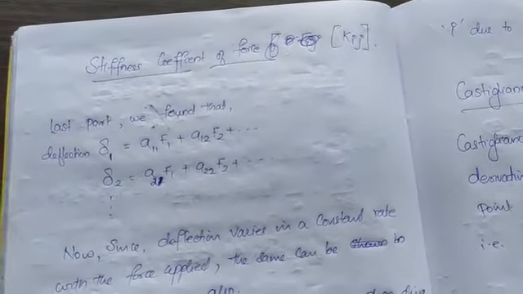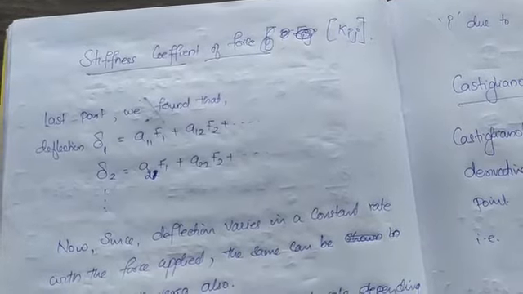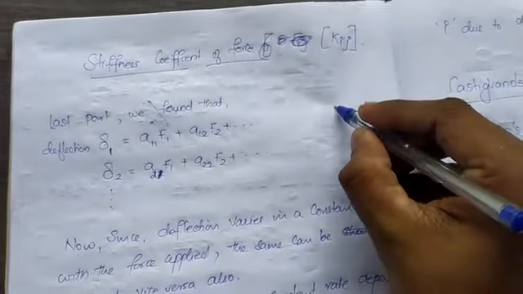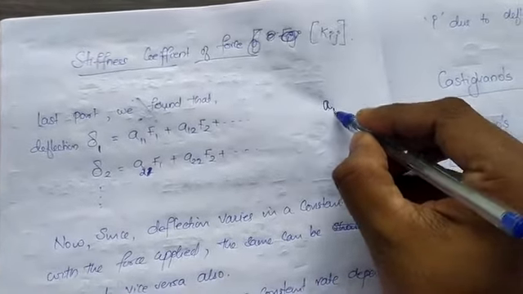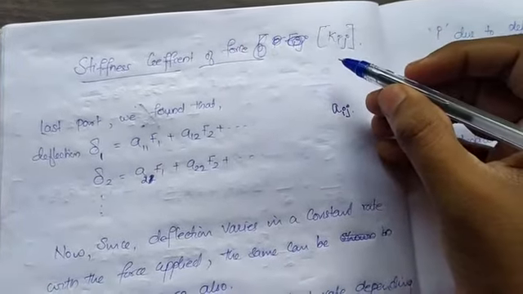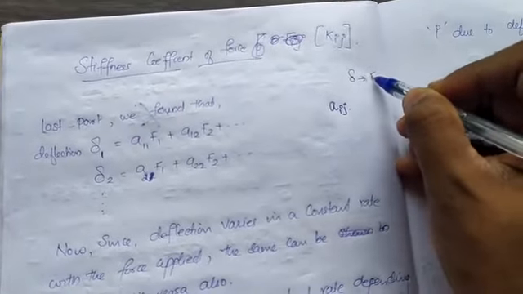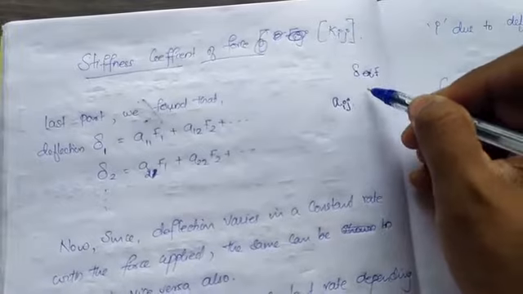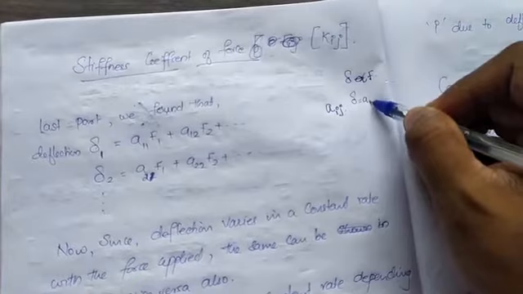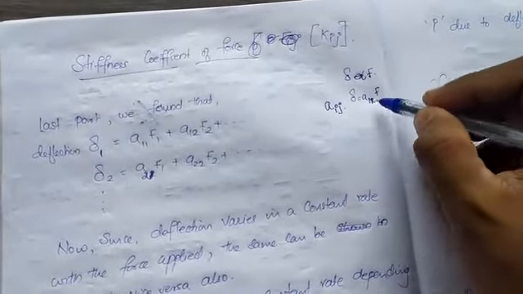Before moving to the second theorem we need to introduce another concept here, and that is called the stiffness coefficient of force. This is nothing but similar to the influence coefficient of displacement, that is Aij. Since we know that there is a relation between deflection and force, they are directly proportional, and their constant is called the influence coefficient. This is just reverse to that.